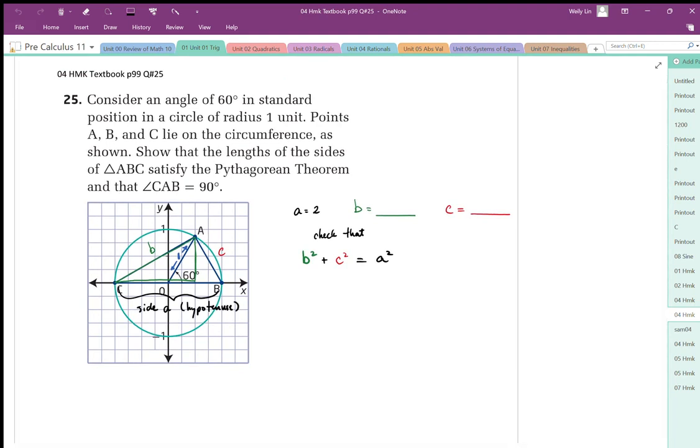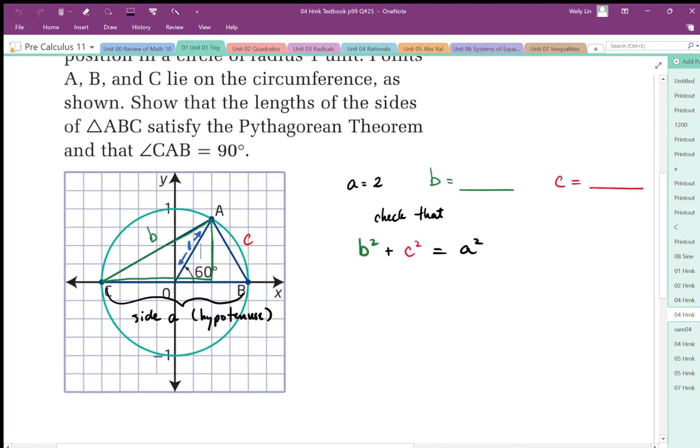25 on page 99 says consider an angle of rotation of 60 degrees. So that gives us position A in a circle of radius 1 unit. I need to zoom in a little bit, but I've shown that that line there is 1 unit. That's the radius, and it lies on the circumference of this circle. And we want to show that the triangle ABC,